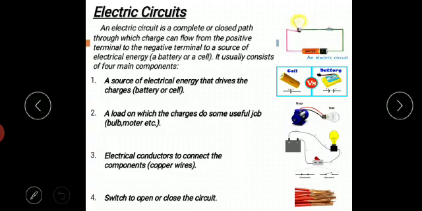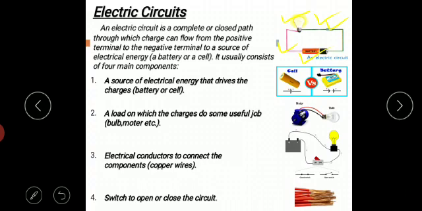Okay students, in this electric circuit diagram you can see a closed or complete path through which charges can flow from the positive terminal to the negative terminal of the source of electric energy. Here are shown a battery and bulb, a battery and switch, and wire, and they are a complete or closed path. Okay students, it usually consists of four main parts, that is a source of electric energy